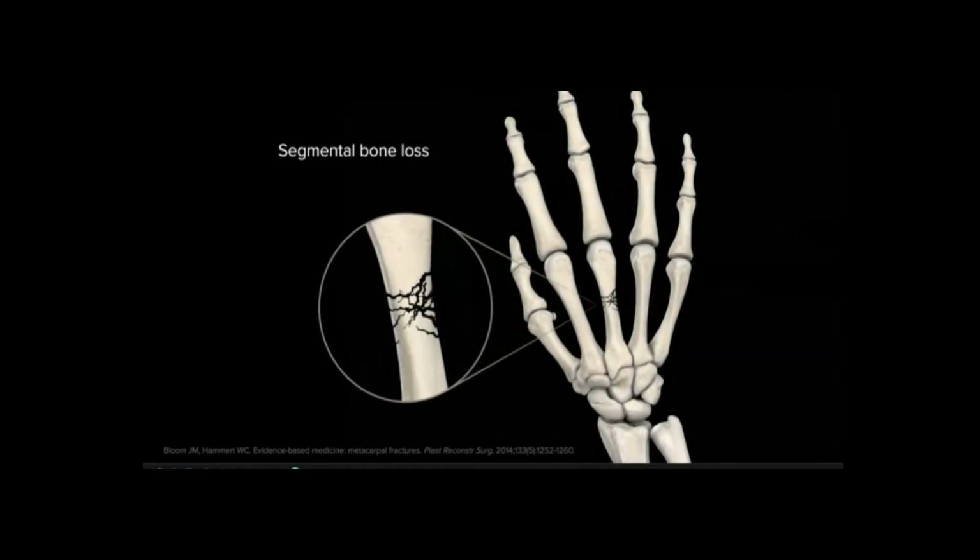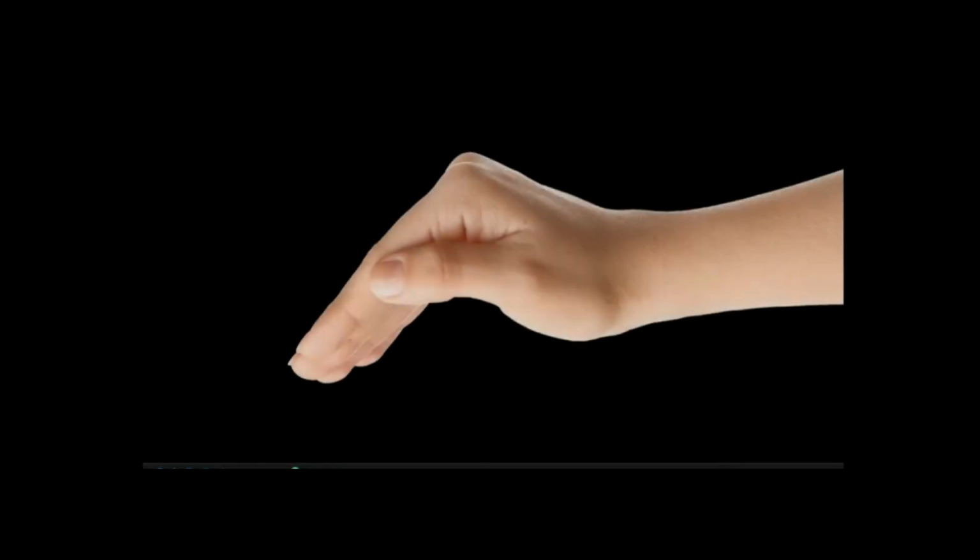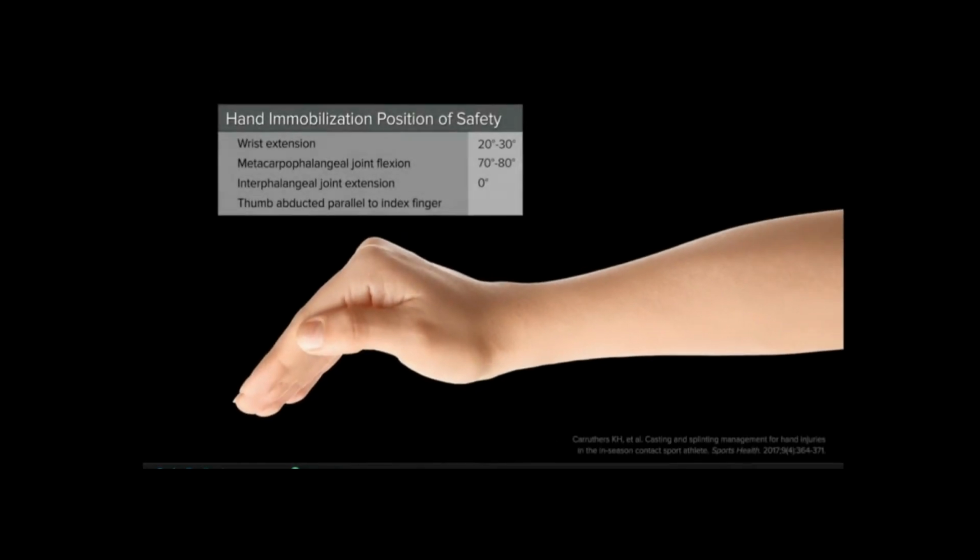Segmental bone loss with severe comminution requires the use of bone grafting and internal stabilization to restore the length and normal biomechanical features. The position of safe immobilization, or the intrinsic plus position, is used for conservative cast immobilization of